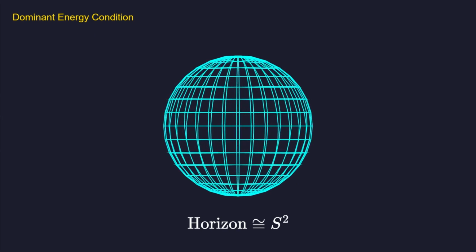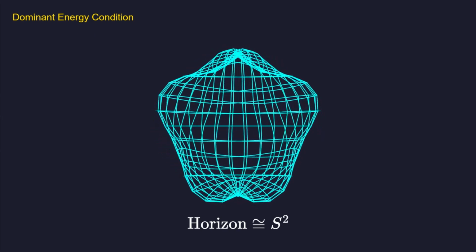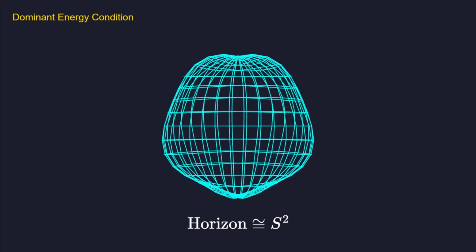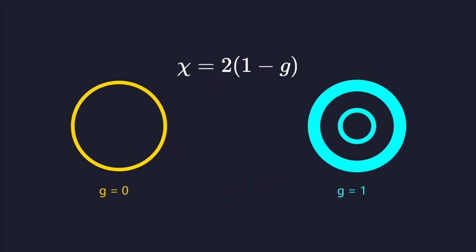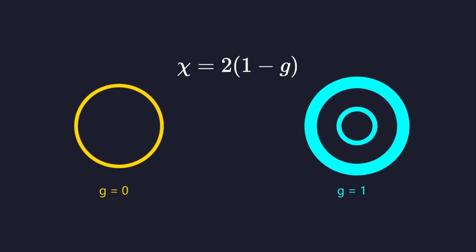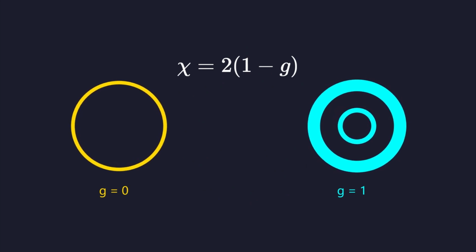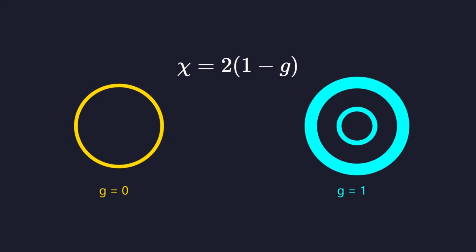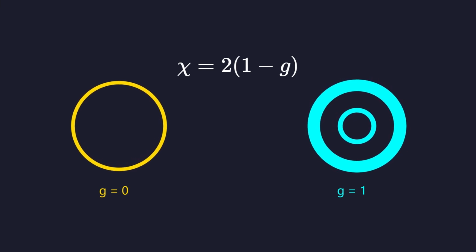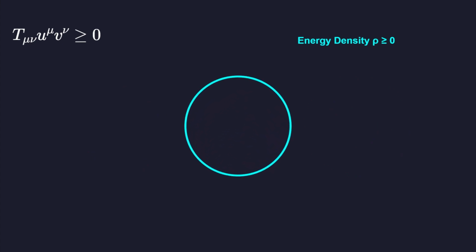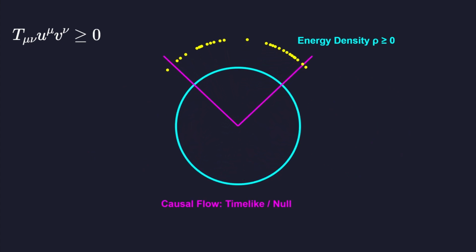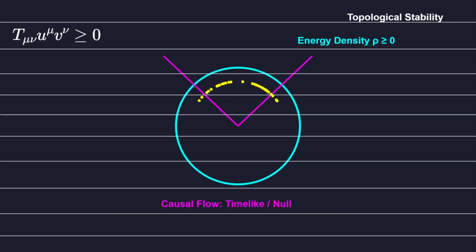Hawking proved that for stationary four-dimensional black holes satisfying the dominant energy condition, the spatial cross-section of the horizon must be topologically spherical. This means the two-dimensional surface cannot possess handles like a torus. Its Euler characteristic must equal 2, enforcing a strict sphere geometry. The dominant energy condition ensures that matter's local energy density is non-negative, and energy flow is time-like or null, preventing